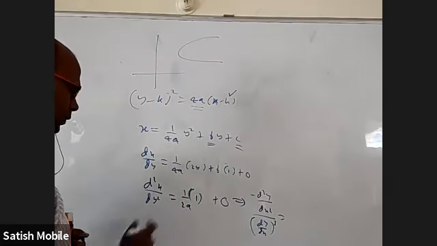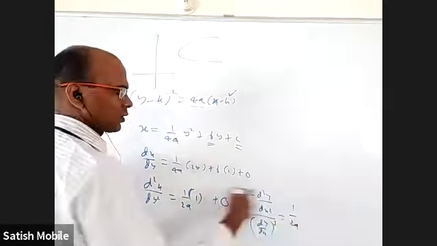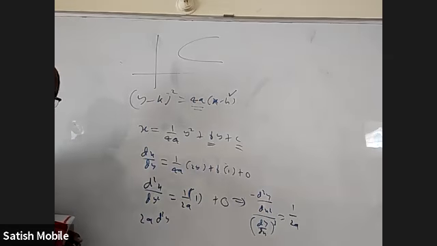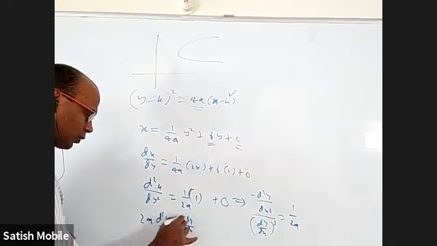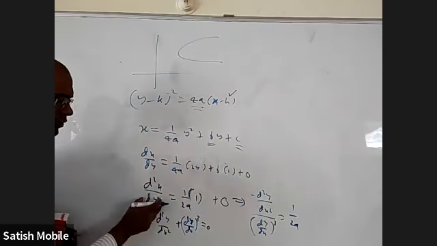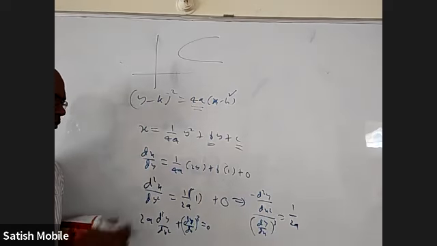No, wait. Yeah, this is done, and I'm only using this formula equal to 1 by 2a. Bring 2a here. Okay, so that is 2a d square y by dx square plus dy by dx whole cube equal to 0. But in IP, I'm not expecting you to do it like this, because going from here to here is not a usual formula that we use in IP.